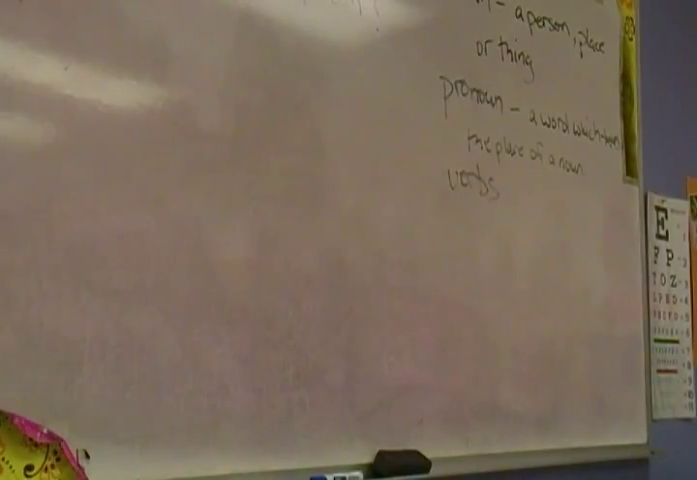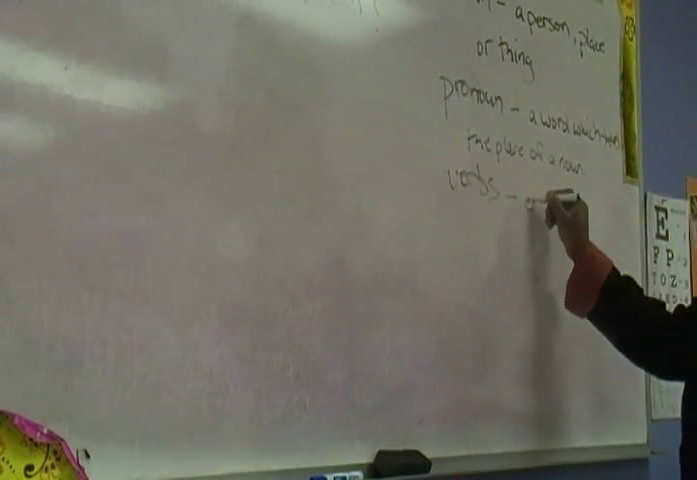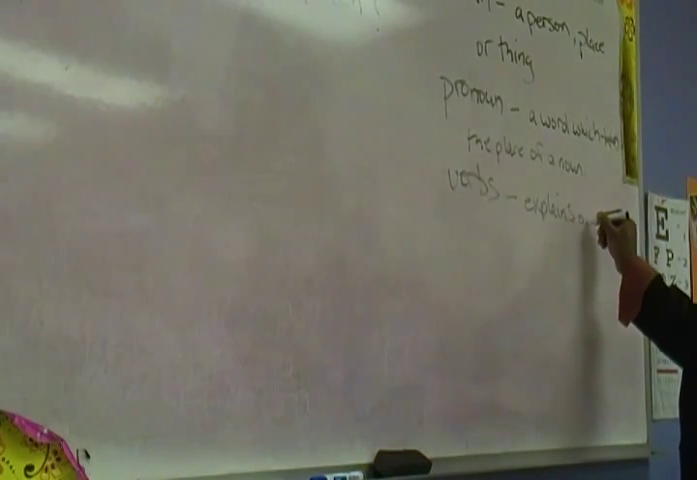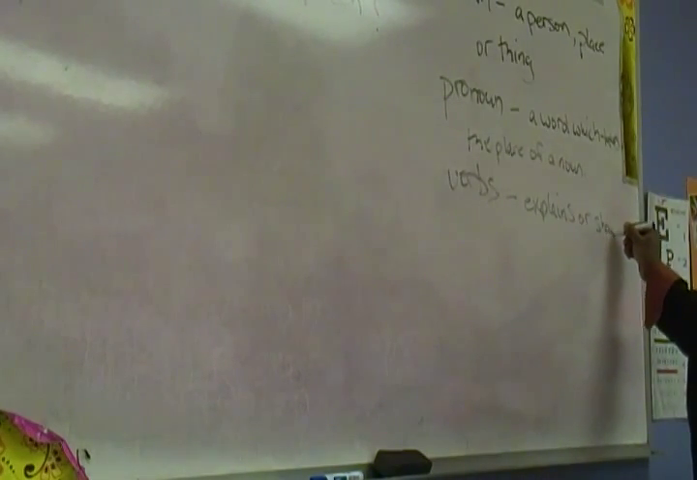Malik, what's the verb? Okay, not a problem. Listen, that's what we're here for. A verb explains an action. I'll write that down. It's like a do word. It explains or shows the action in the sentence,